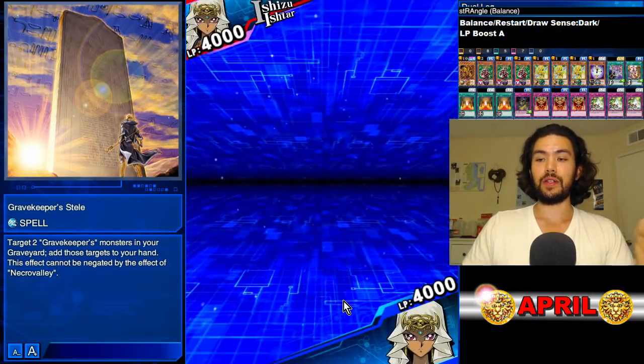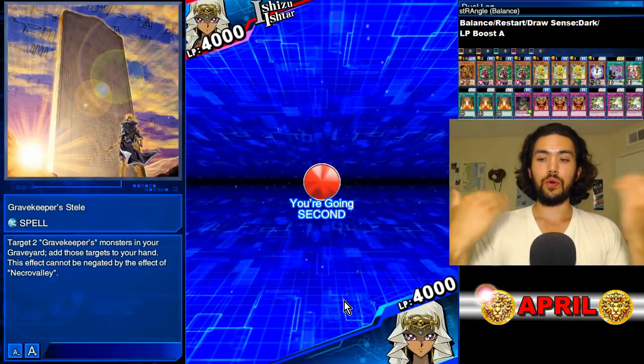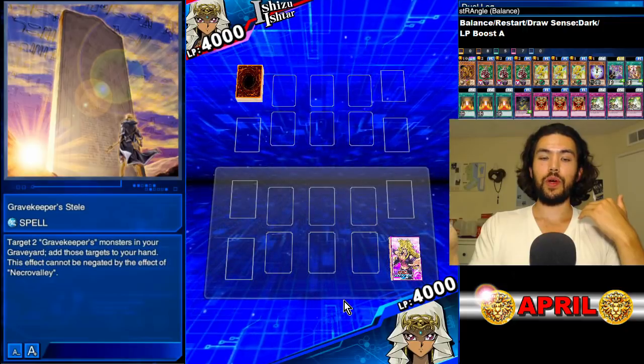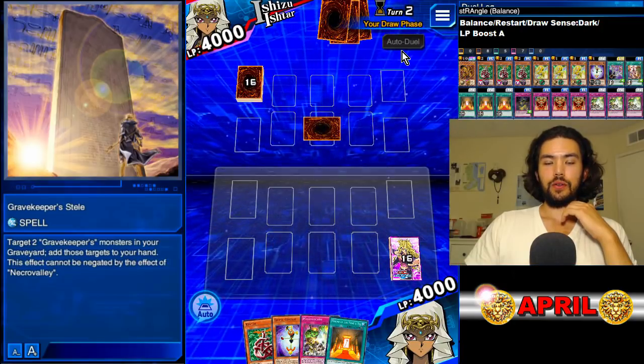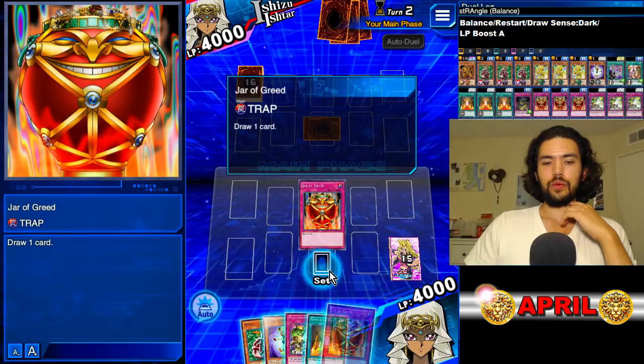So this deck just allows a lot of direct attacks to your body, and Decayed Commander, when he direct attacks you, he causes you to discard a card. And then for the balance skill, you can use Restart, you can use Draw Sense Dark, you can use...